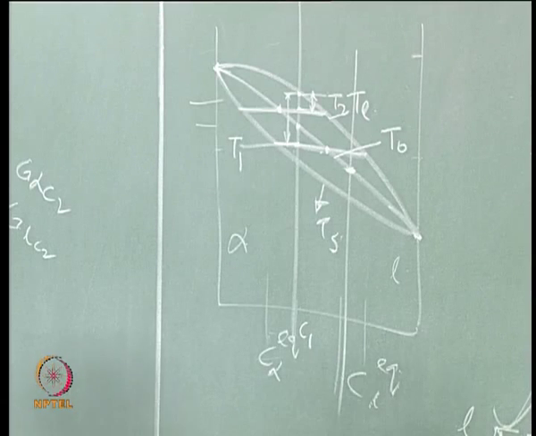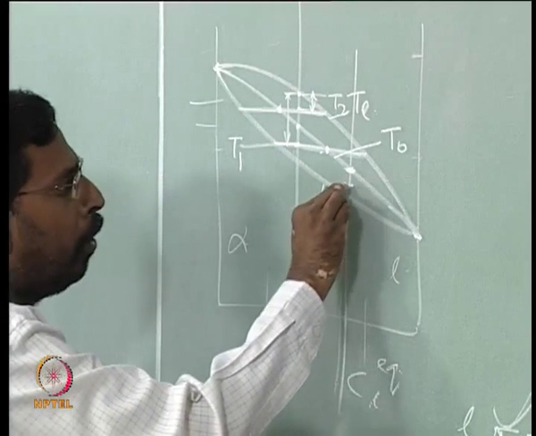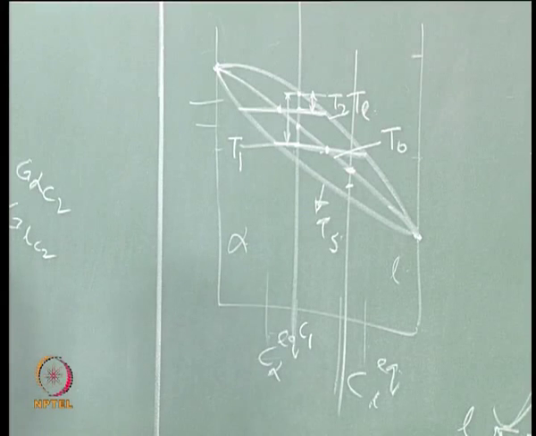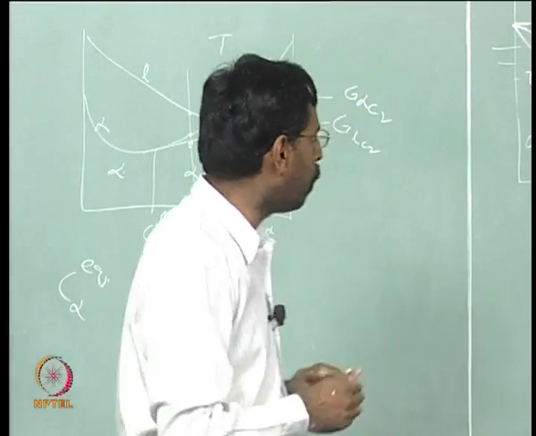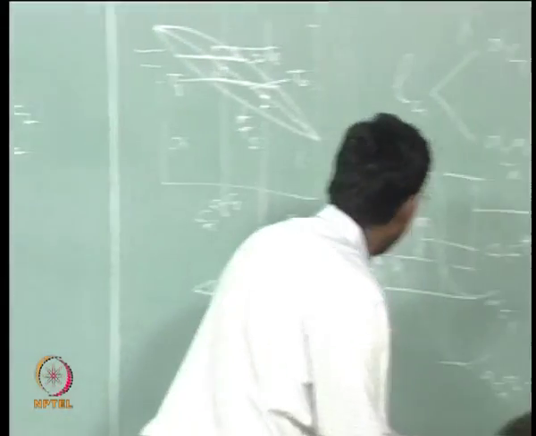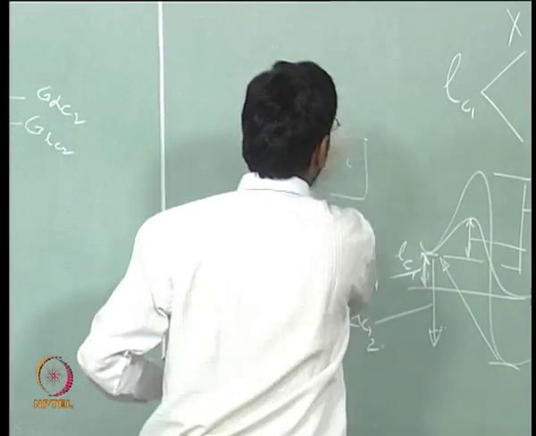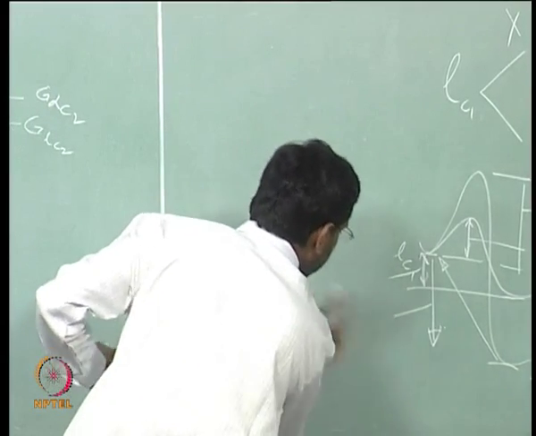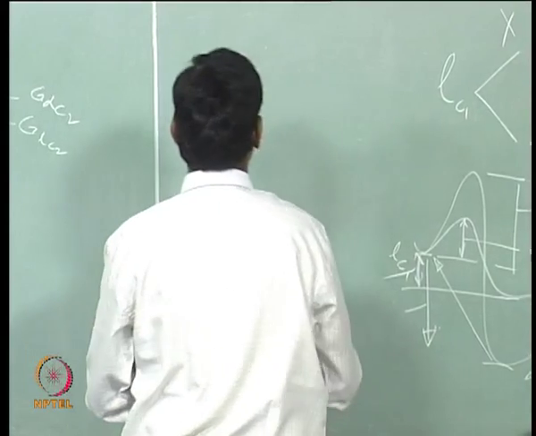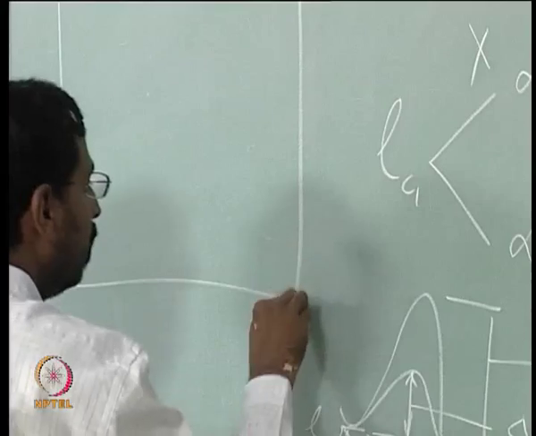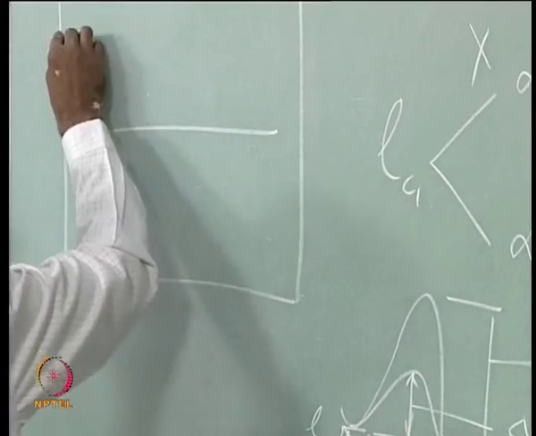So, you can say that if I can bring the alloy below the T naught, then I can have partitionless solidification. If I am above the T naught, then there is no partitionless solidification, and this becomes more important when we come to eutectics. Let us just look at a eutectic phase diagram.